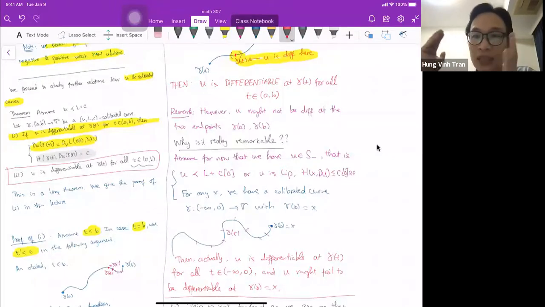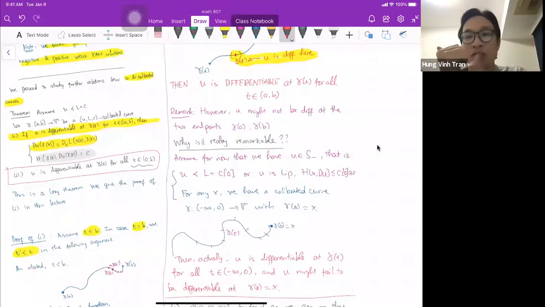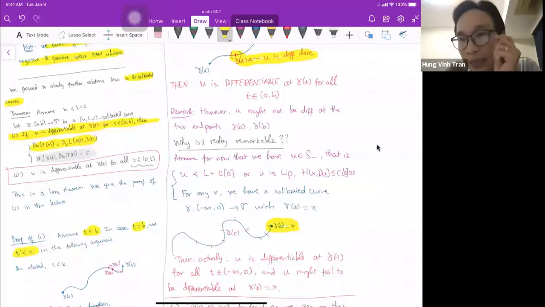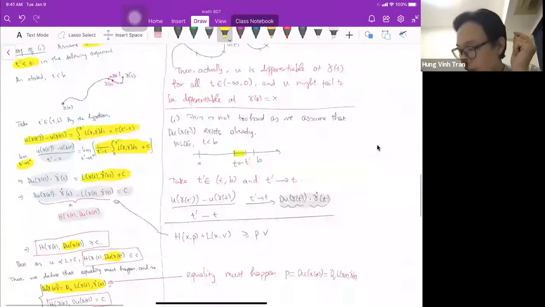Please keep in mind that in order for the function to be differentiable at a point on your calibrated curve, it normally has to be in between, meaning that I can go a little bit to the left and a little bit to the right. And I am hopeful that I can demonstrate that fully to you next time. At the endpoint here, gamma 0 equals x, it's not differentiable if I cannot move further to the right, okay? Maybe this is an important remark.